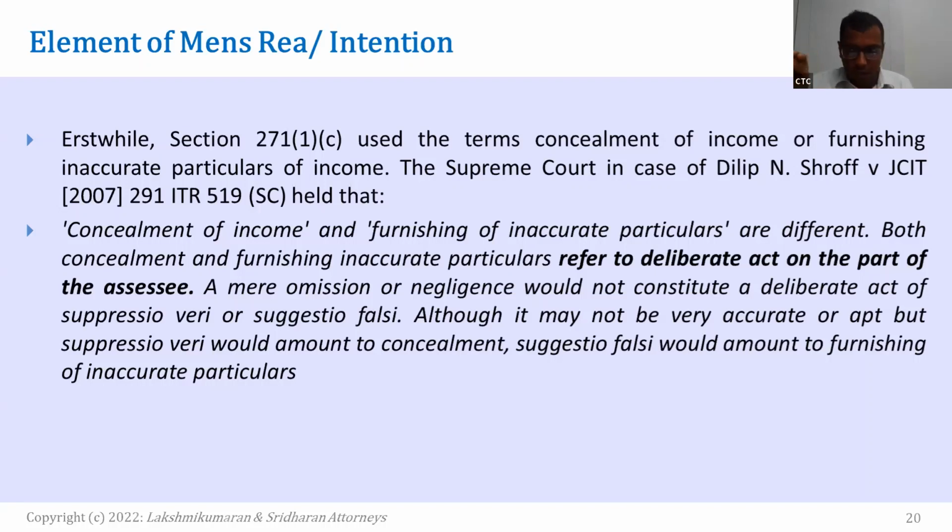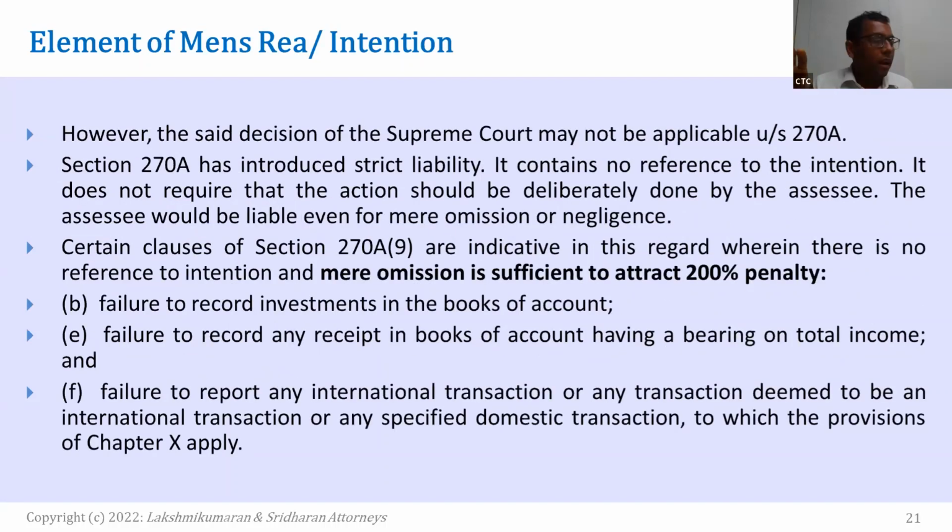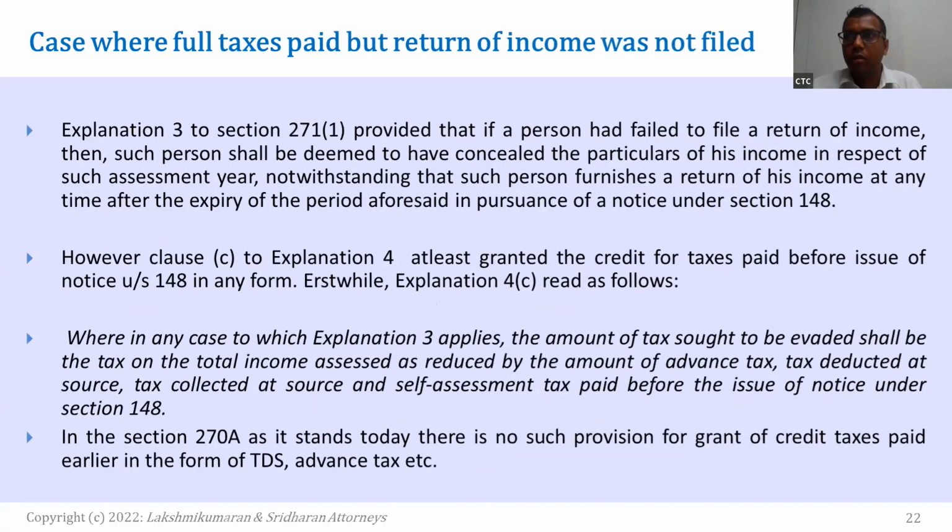According to me, the claim of the revenue is incorrect because the section itself, 270A itself, says that in computing the underreported income, we will have to exclude those claims which are made out of bona fide understanding of the assessee. Therefore, the principles laid down in concealment of income or furnishing of inaccurate particulars of income in relation to a bona fide claim will still hold good even in the regime of section 270A. This is another point. But you will have to litigate.